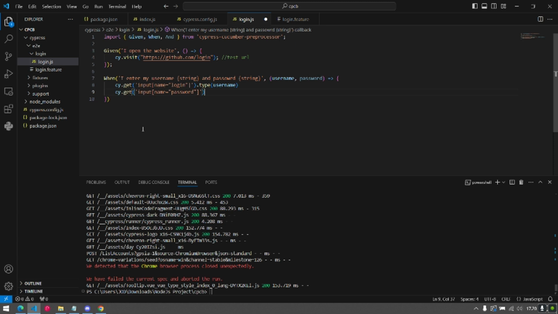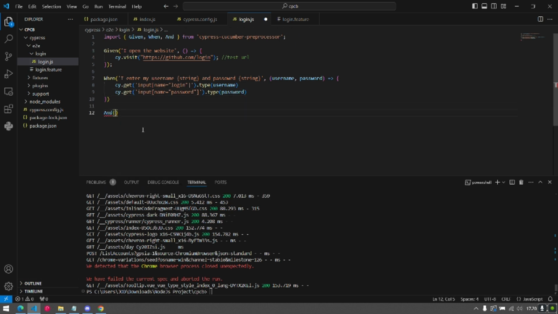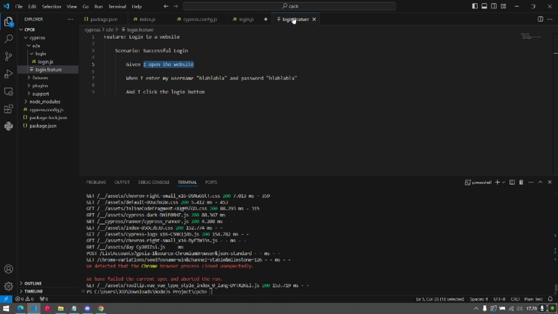Okay, and type again password. Right, I think it's done, and then move to the last scenario and we retype again the Then step, what I typed before: I click the login button.